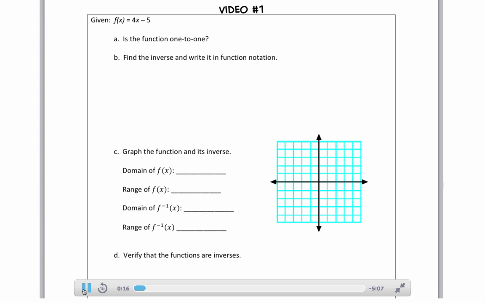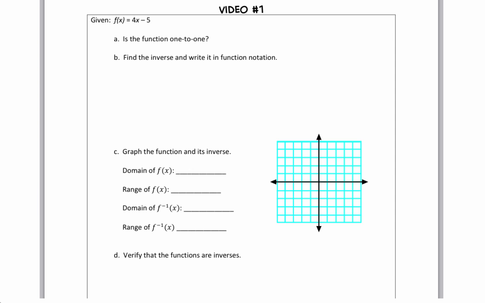Everyone, this is Ms. Nocella, and by the end of this video you should be able to identify if a function is one-to-one, find the inverse of a function, and also identify a domain and range of the inverse of a function. We are given the function f of x is equal to 4x minus 5, and the first question